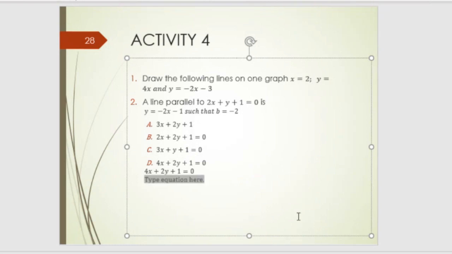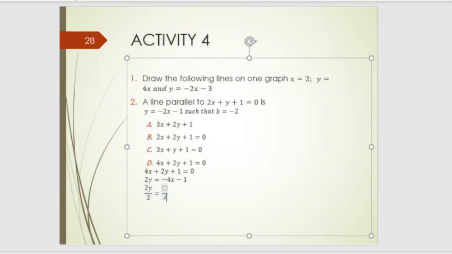the same gradient. So I'm saying, because now we want to have y on the left, so I'm going to have 2y, and I'm taking the rest to the right. 4x is going to be negative 4x, and then 1 is going to be negative 1. So now I'm going to divide both sides by 2 so that I can have y on the left, such that this side,